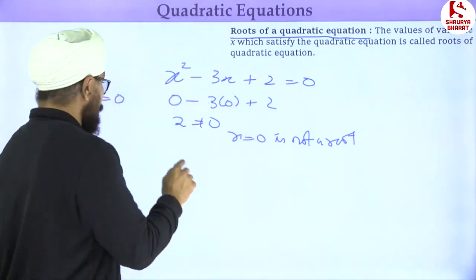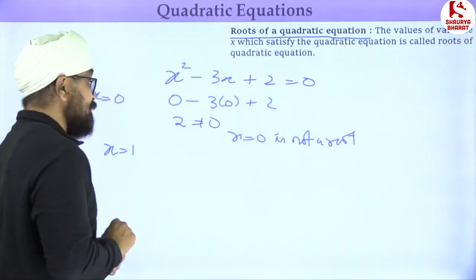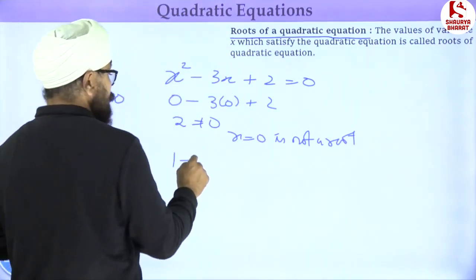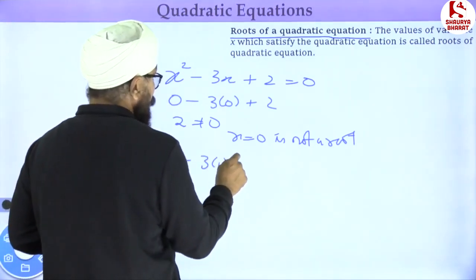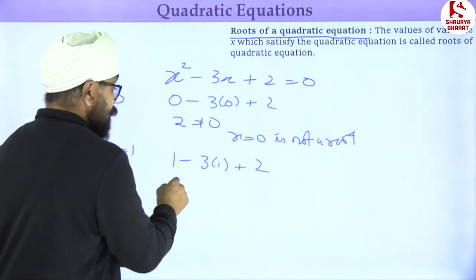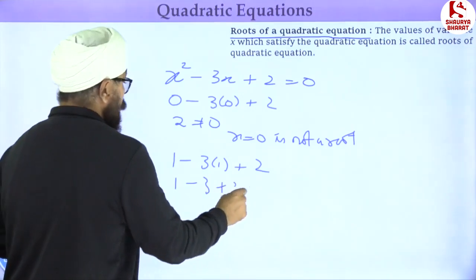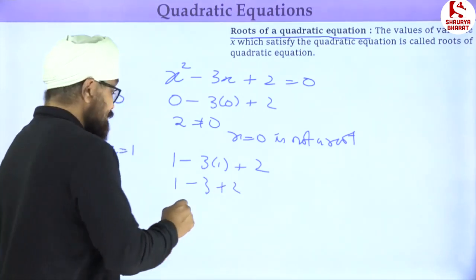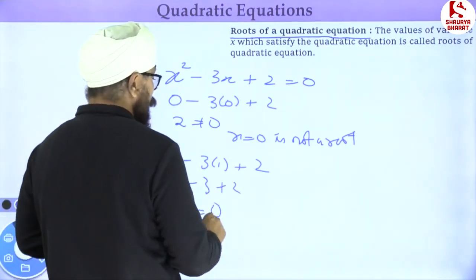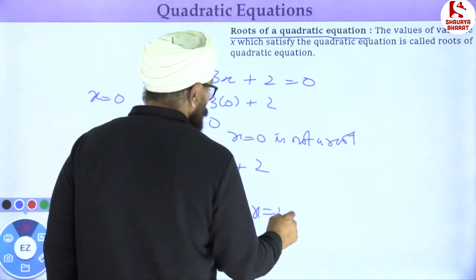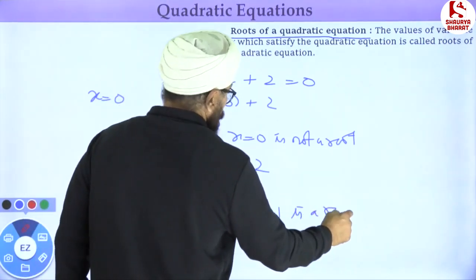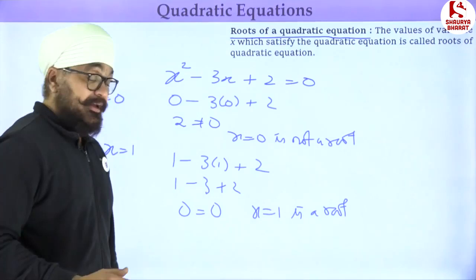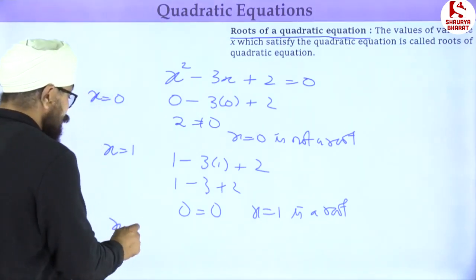And the second thing, if I take x is equal to 1, I am going to get 1 square is 1, 3 times 1 plus 2, that is equal to 1 minus 3 plus 2, it is coming out to be 0. Since it is equal to the right hand side, that is 0, we can say x is equal to 1 is a root. In the same way, if I go with a few more values, say x is equal to 2,